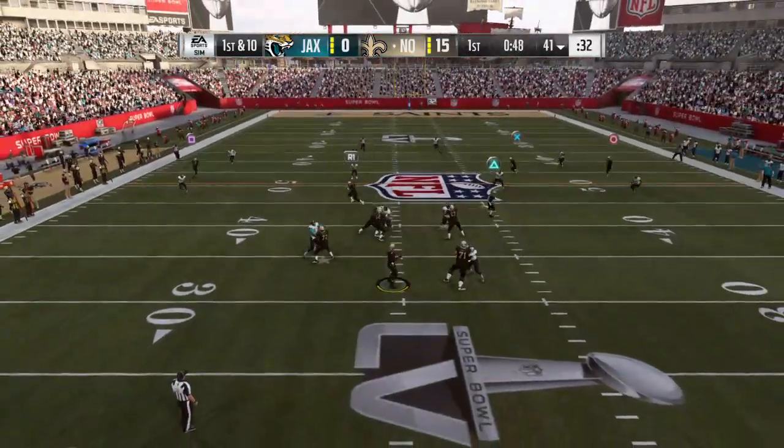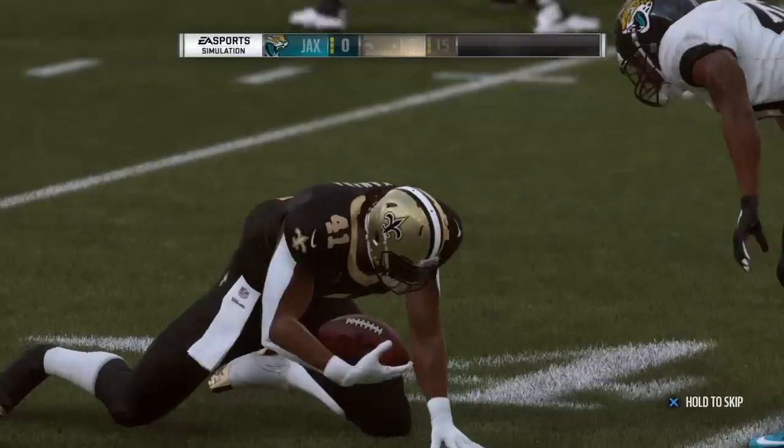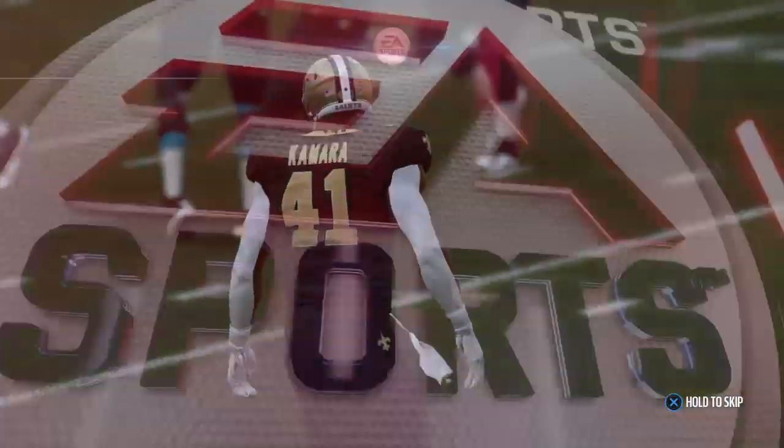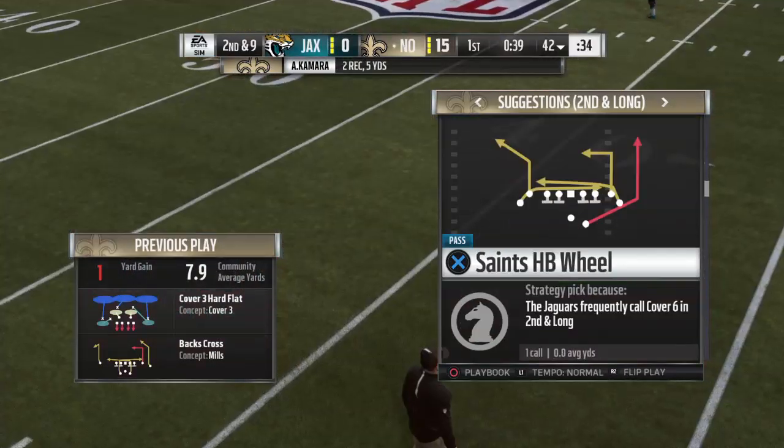From the gun, it's Wilson. On the check down, he finds Kamara. And to the 42-yard line here and brought down there. Just a 1-yard pickup on the play, and it'll make it a